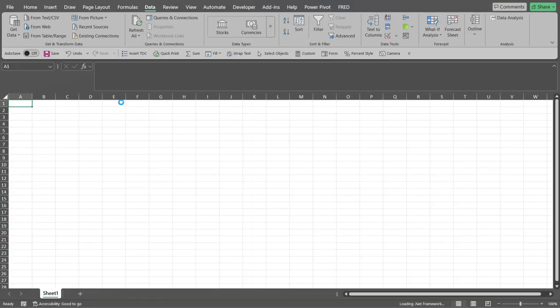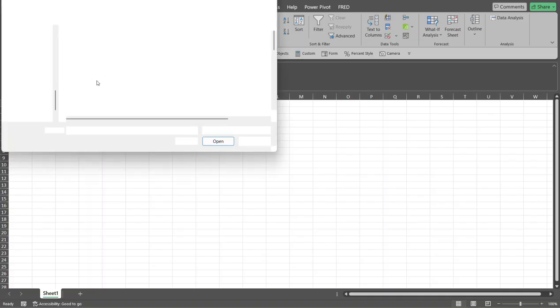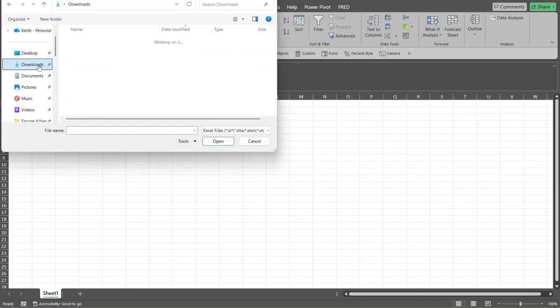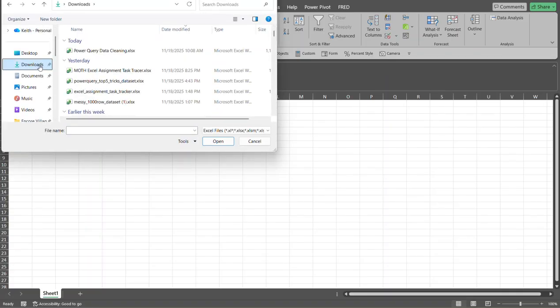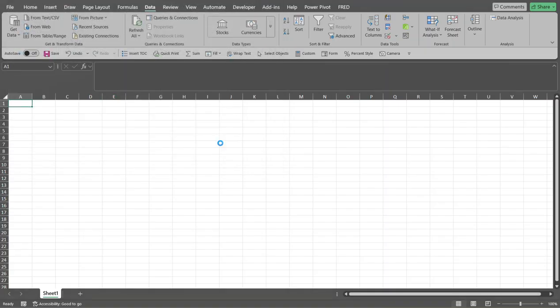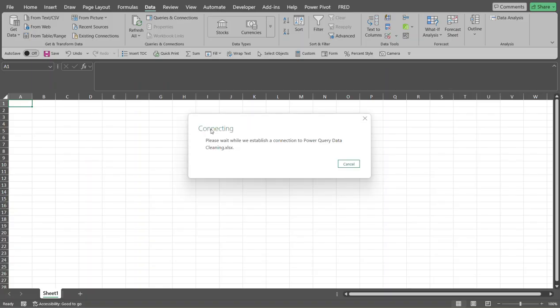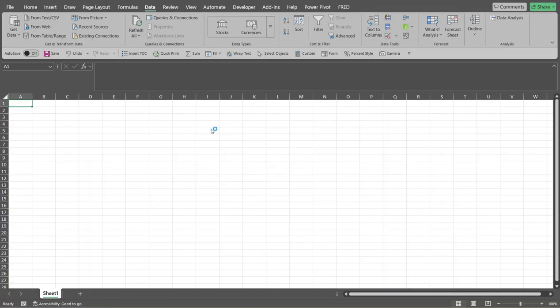Give it a second to load up. This will open up the Power Query